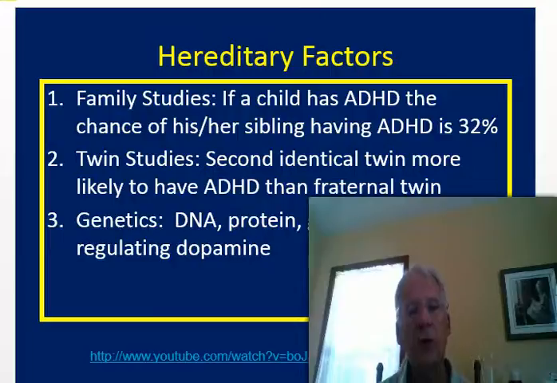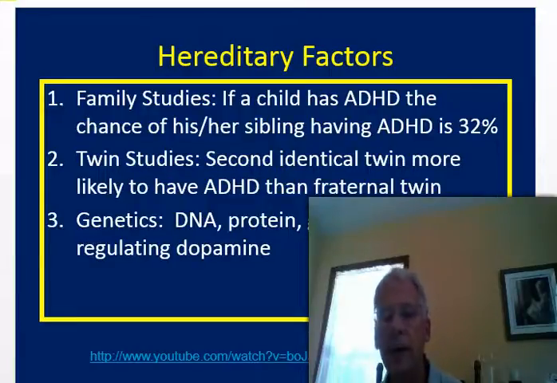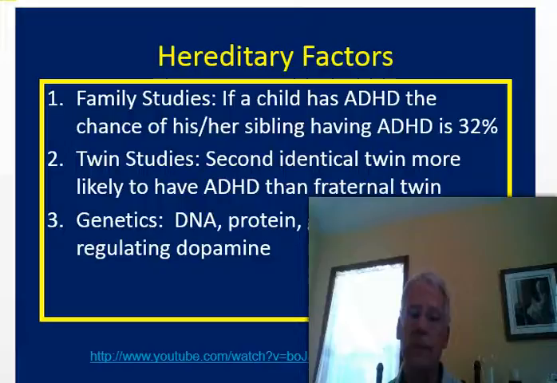On slide 44, when we talk about hereditary factors, if a child has ADHD, the chance of his or her sibling having ADHD is a third, 32%. Twin studies show a second identical twin is more likely to have ADHD than a fraternal twin. And genetics, the DNA, protein, genes involved in regulating dopamine, which is the chemical, again, that people with ADHD don't have enough of, can also cause issues. And again, there's an explanation of how ADHD relates to